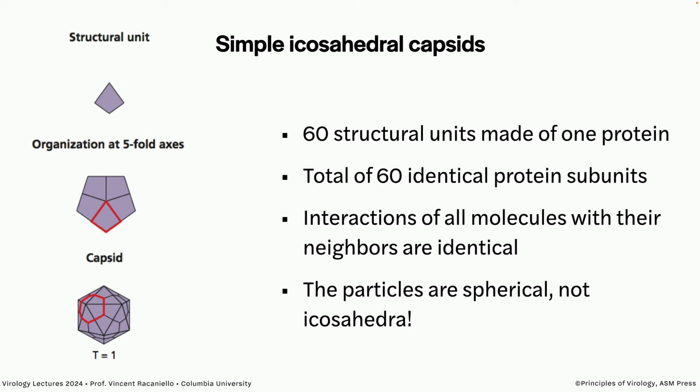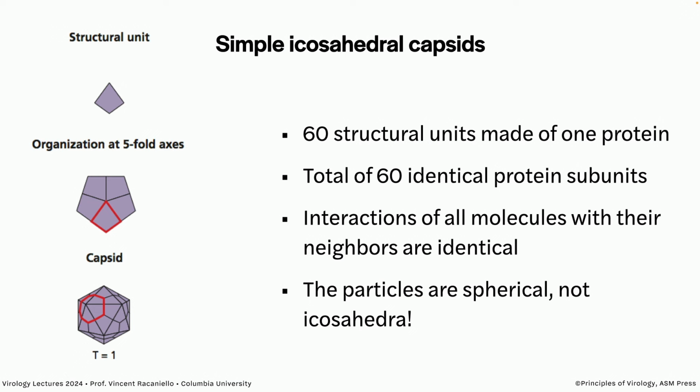And these are repeated 5 times around the 5-fold axis and then individually to make the virus particle. So 60 units made of 1 protein. So we have 60 proteins in this virus particle. And amazingly, all those proteins interact identically with their neighbors. So this was the whole idea that arose originally from Watson and Crick, that all the interactions of proteins in these particles would be identical. We know that they're not anymore, but they are for this instance, the viruses with 60 units made of 1